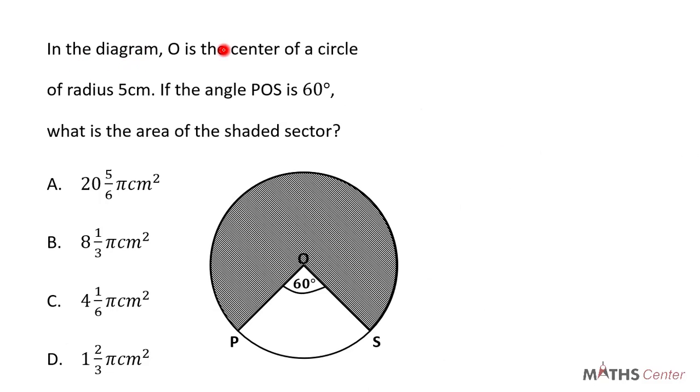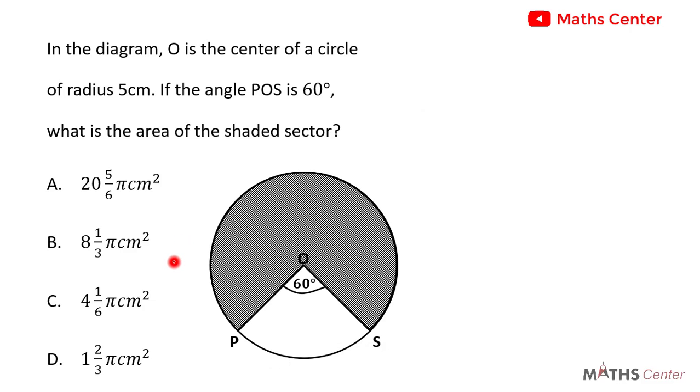In the diagram, O is the center of a circle of radius 5 centimeters. If the angle POS is 60 degrees, what is the area of the shaded sector? This is a multiple choice question, and so we will solve the question, and after that we will pick the